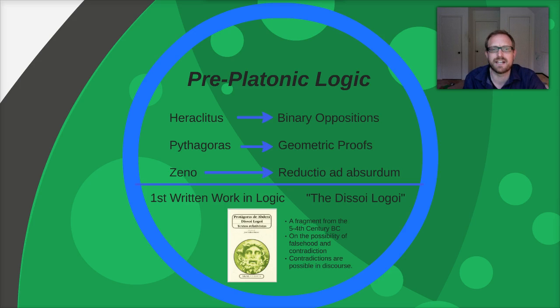So first out is Heraclitus. He's famous for arguing, or at least he's frequently attributed as having said, that you can never step into the same river twice. We won't go into the analysis of that or the correct translation of it, but one of the things that was fundamentally first articulated by Heraclitus was the notion of binary opposition, the idea that some concepts are binaries to other concepts.